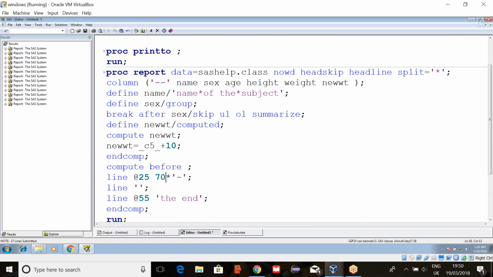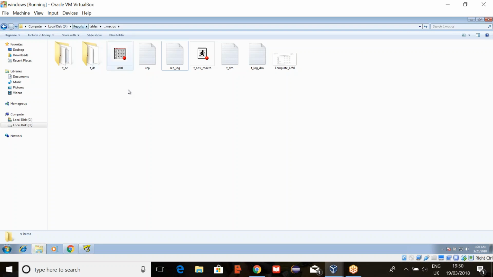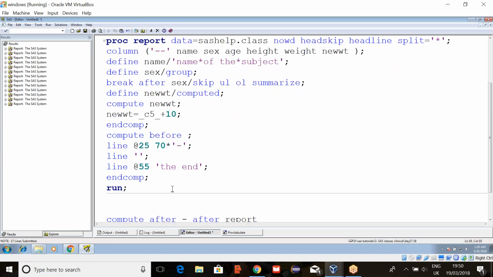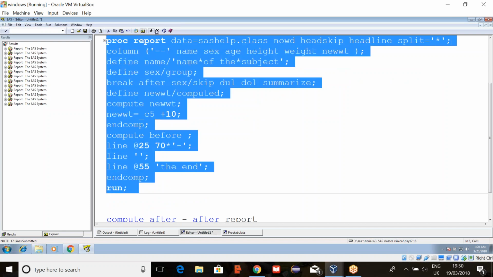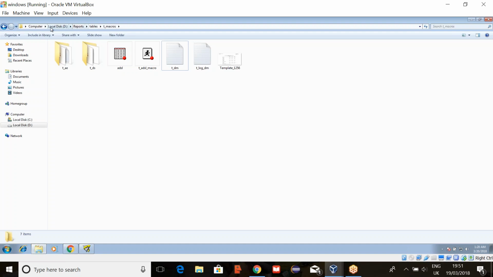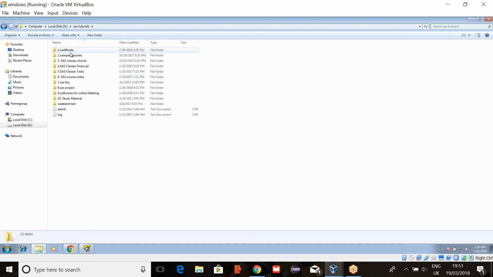Is that clear? Proc report is important, but also easy. We'll use this one for each and every report, so you'll get used to this proc report procedure. No need to worry now. And here, DOL and DUL mean double overline and double underline. Two lines it will give you like this. So any questions in proc report?